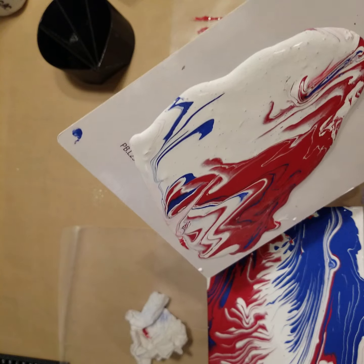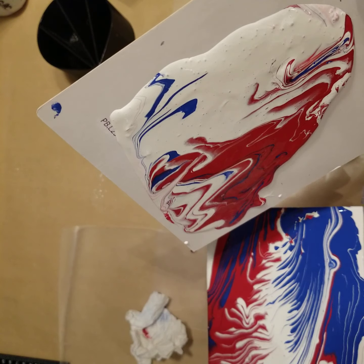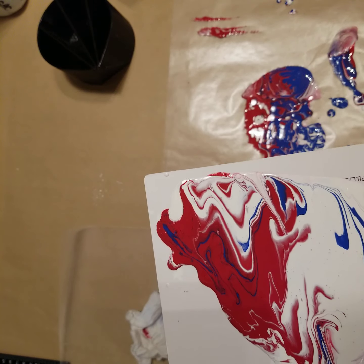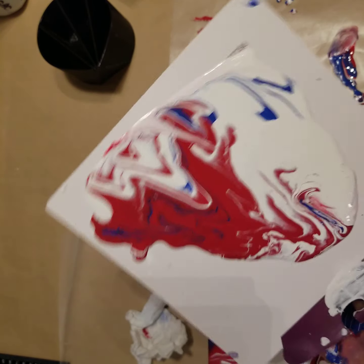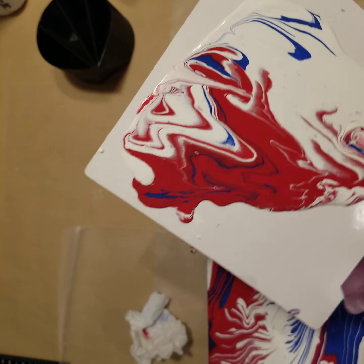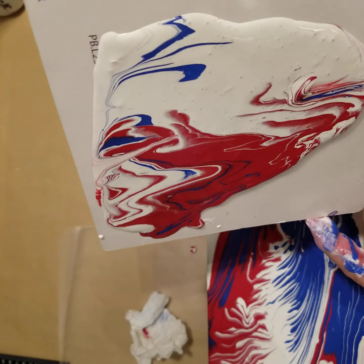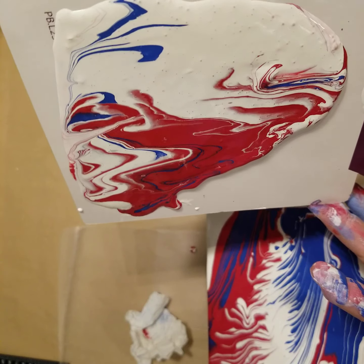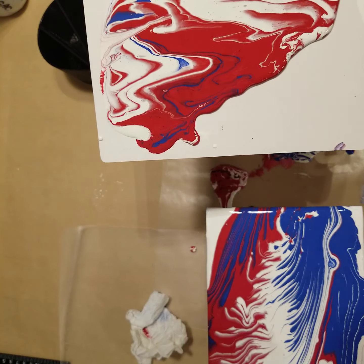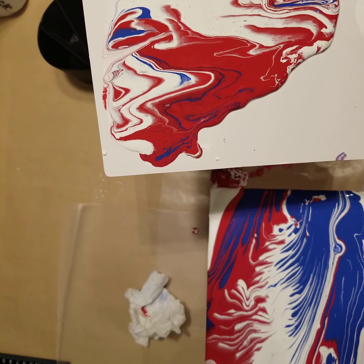But I'm just going to stretch this a little bit more. I wish it had a little more blue in it, but it doesn't. So we'll just make it be a happy smiley face or something. But I wanted to get that, and now when I turn off the video, as you can see from that one that I made, I'm sure I'm going to have a blue mark